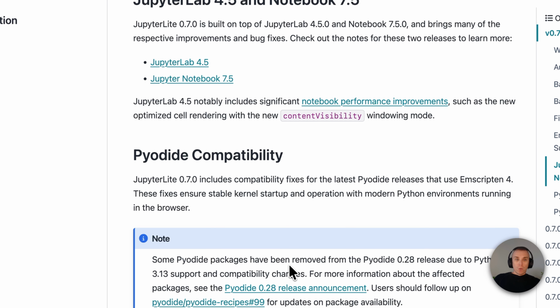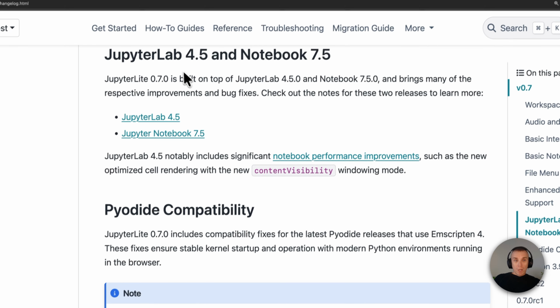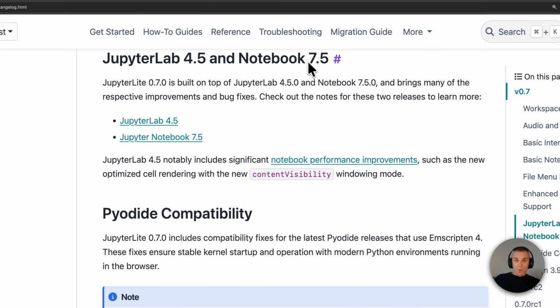This new release of JupyterLite is based on JupyterLab 4.5 and Notebook 7.5. What that means is that it also includes some of the improvements that were made in these upstream packages. And one that is quite relevant to JupyterLite is the improvements to the cell rendering for the notebook using a new content visibility windowing mode. So what that means is